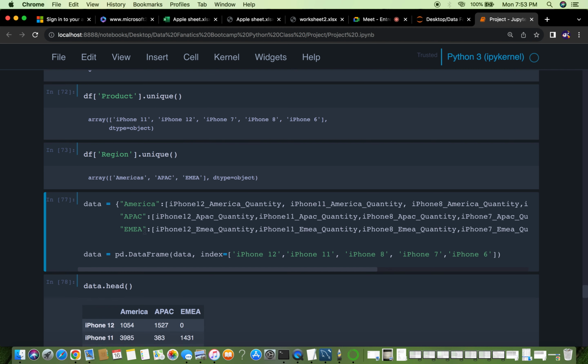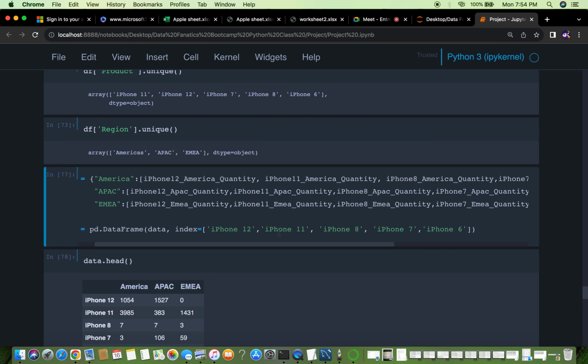So now I'm using a mapping function, just like a dictionary. I'm naming the column here as America, and putting the quantity of iPhone 12 sold in America, the quantity of iPhone 11 sold in America, the quantity of iPhone 8 sold in America. I try to separate them one after the other, then create a table head for it. Now I want to make my index iPhone 12, 11, 8, 7 and 6. So if I run this now